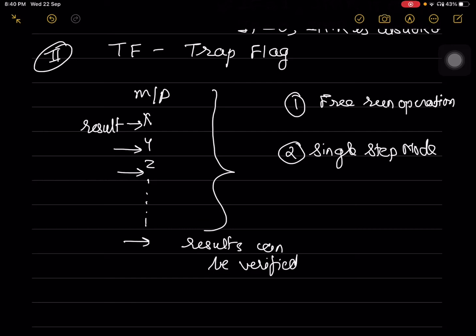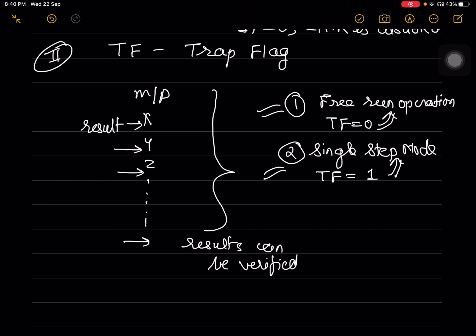The execution of the program either in free run operation or in single step mode can be controlled by using the trap flag. If the trap flag value is equal to 1, then the processor executes the program in single step mode, and if the trap flag value is equal to 0, then free run execution will be carried out.